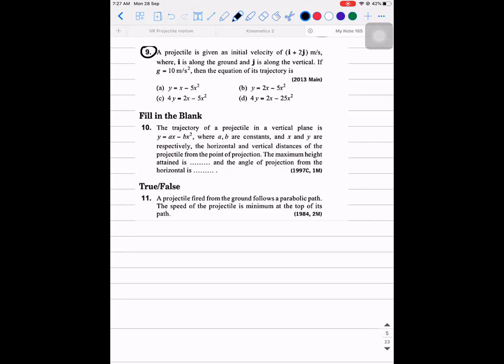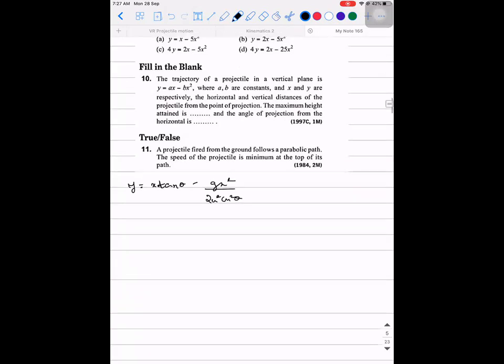Tell me, what is the equation of trajectory? y is equal to x tan theta minus g x square divided by 2 u square cos square theta. So what are all the factors that are given? Initial velocity is given to us, i cap plus 2 j cap, then what is the value of its magnitude? Root 5. That's right. So u is equal to root 5. g is taken as 10, then the equation of trajectory.